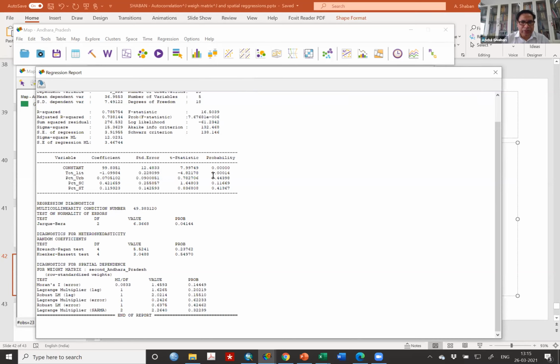Look at first here, probability. Any value below 0.05 means it is statistically significant. All of you know this, no? All of you know? Yes, sir. So it is 0.05, that is the thumb rule. Some people take up to 0.10, above 90% confidence level. So you see that you have total literacy rate, and look at the coefficient value here. Look at these two. Only these are significant. The rest of them are found here.